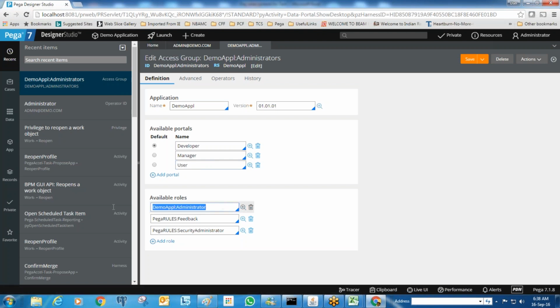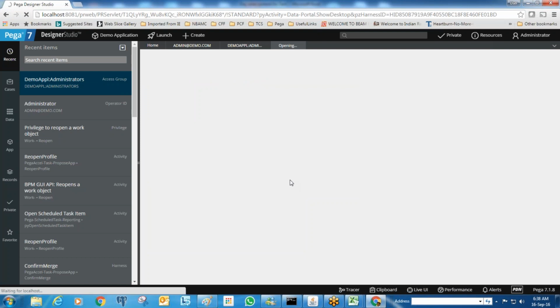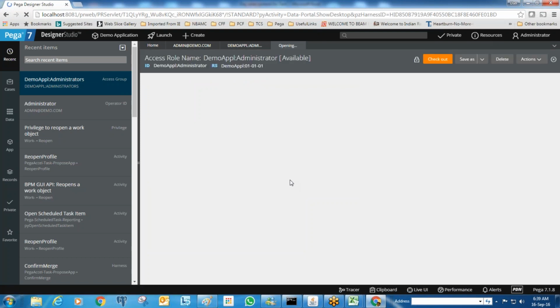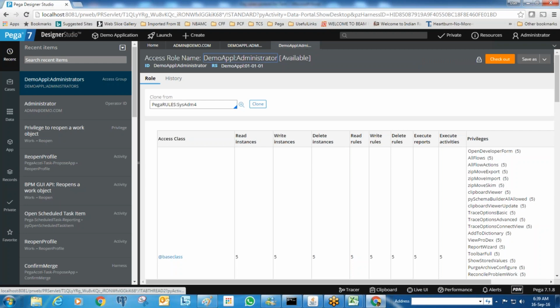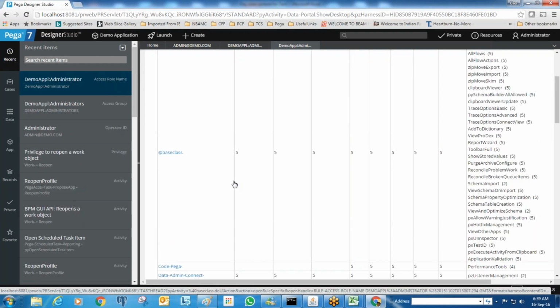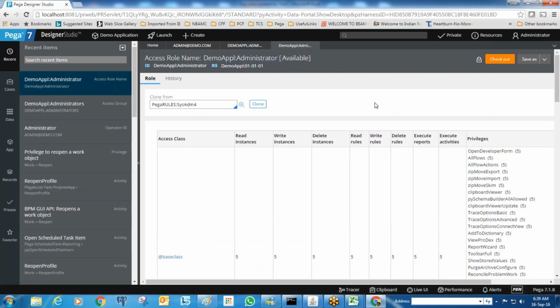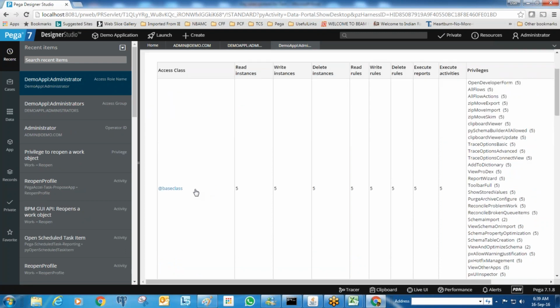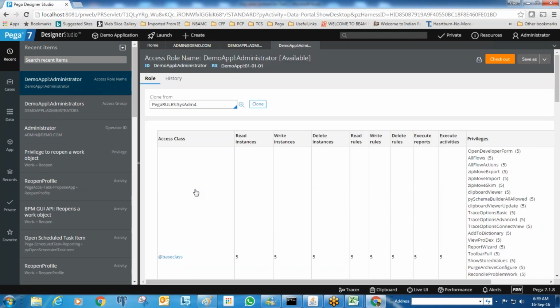Okay, and the roles. These are the available roles. So you can see what role he is performing. The role generally dictates what work he needs to perform. If you open one role here, you can get to know. This is common to the security topic. This is very advanced, but I will give you a high level view. Generally, this topic will be discussed at LSA level. At a high level, this is the access role, and this role will dictate, since we have a lot of classes, which class I have access to and what I can do on other classes.